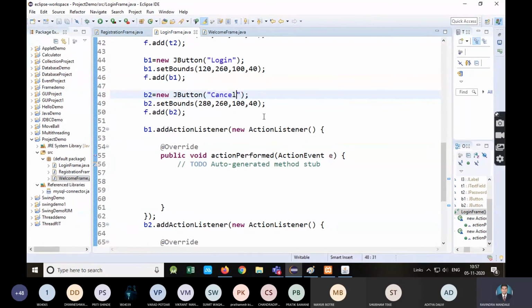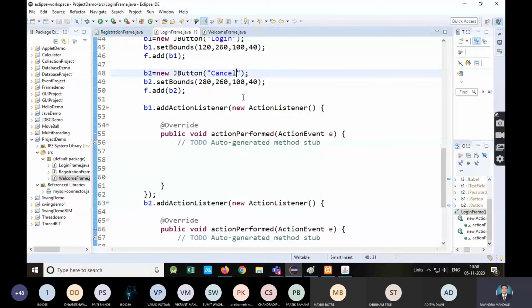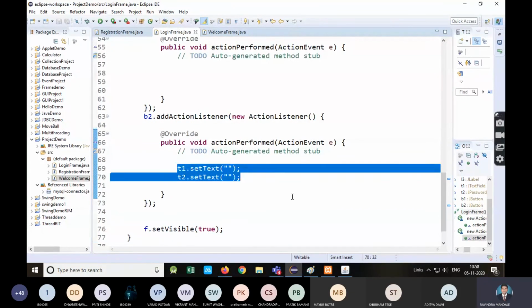Cancel means suppose by mistake he entered an incorrect username and password, and now you want to clear the fields. You can also delete manually using the keyboard, but use the cancel button, because if there are multiple fields, and you have filled all the details, and you want to clear all, suppose 10 components are there, radio button, checkbox, all those things, then that cancel button, or clear button or reset button, is useful. If the user clicks on the cancel button, all the fields he entered will be cleared. I just want to show you the use of that cancel button. That's why we have added it. So just clear those two fields, username and password.